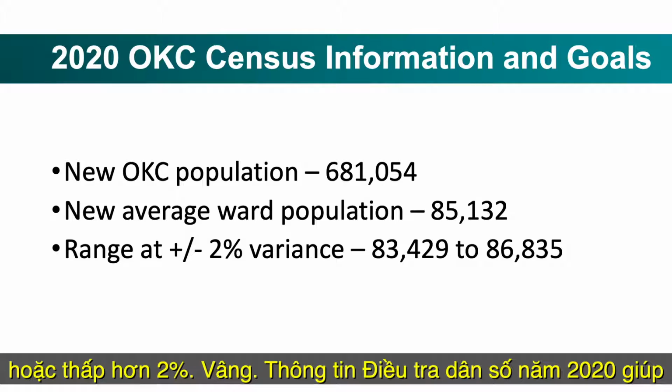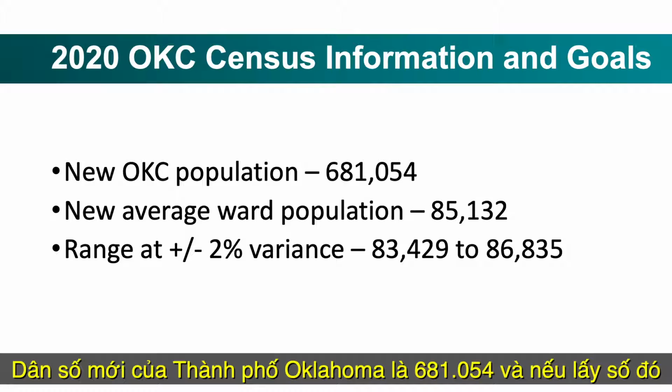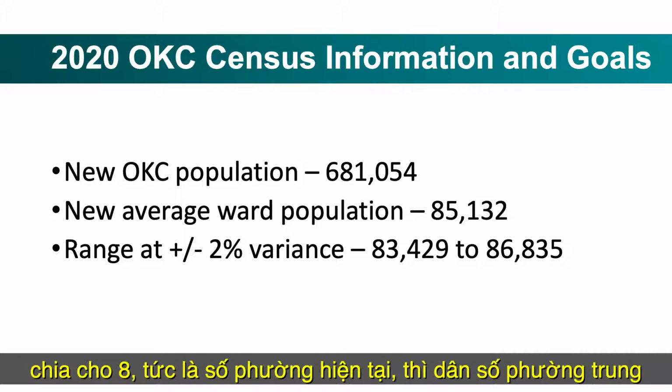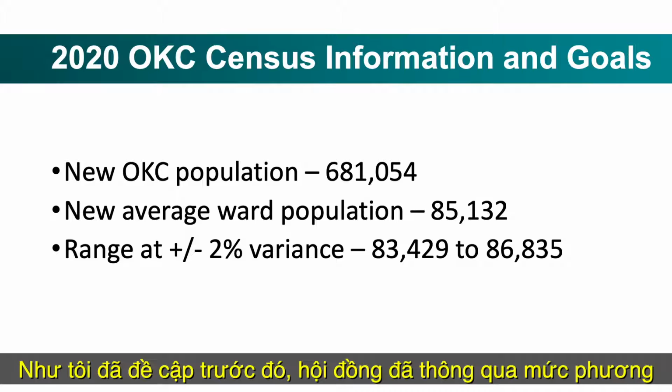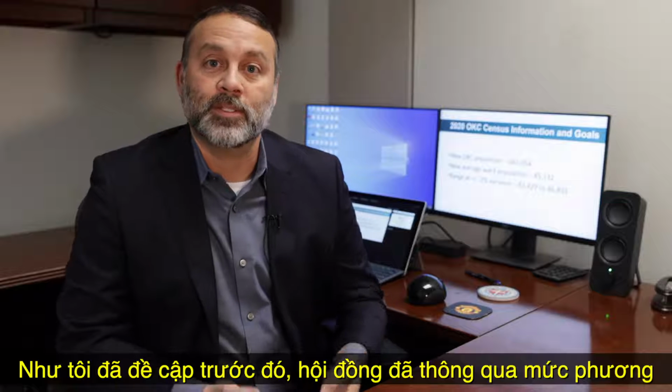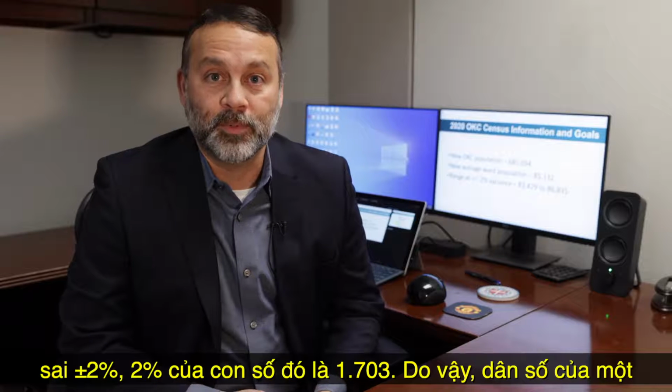Okay, so the 2020 census information helps us set our goals for redistricting. The new population for Oklahoma City is 681,054 residents, and if you take that and divide it by 8, which is how many wards we have now, the average ward population that we'd be shooting for is 85,132. So as I mentioned earlier, the council had adopted a plus or minus 2%, which 2% of that number